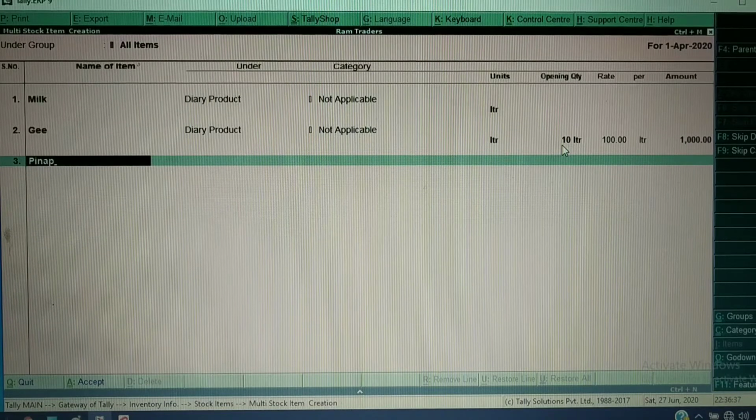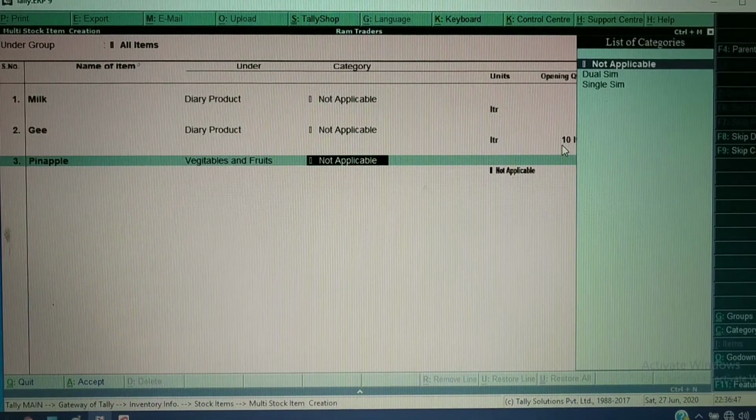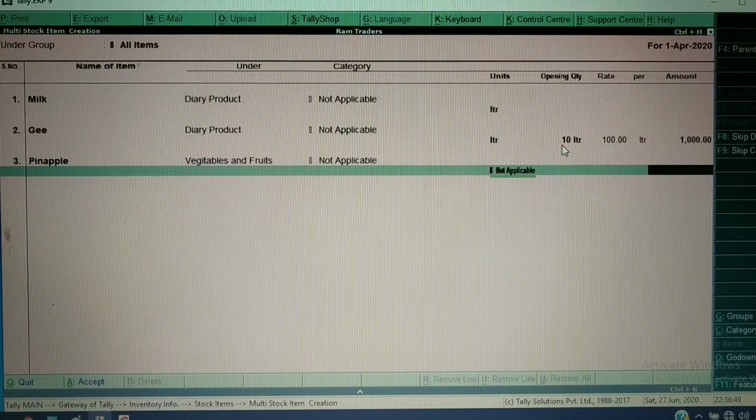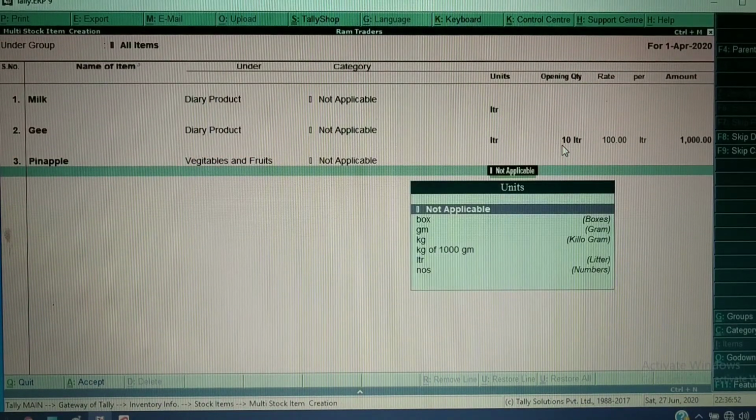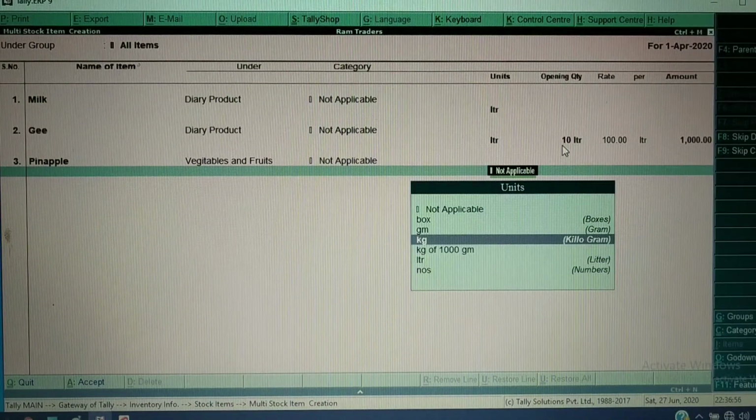Next one is pineapple. I will select this as vegetables and fruits. Here I have not created any unit of measures, so I will measure this under kg.